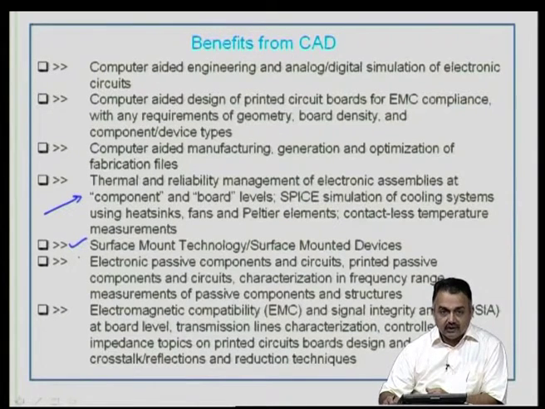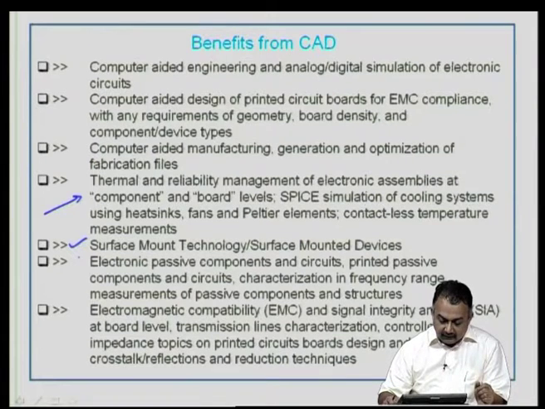Most people do signal integrity to minimize the parasitic effects of a circuit when it is powered up. Then topics like transmission line characterization, controlled impedance related to design, PCB design and manufacturing, crosstalk and reflections and